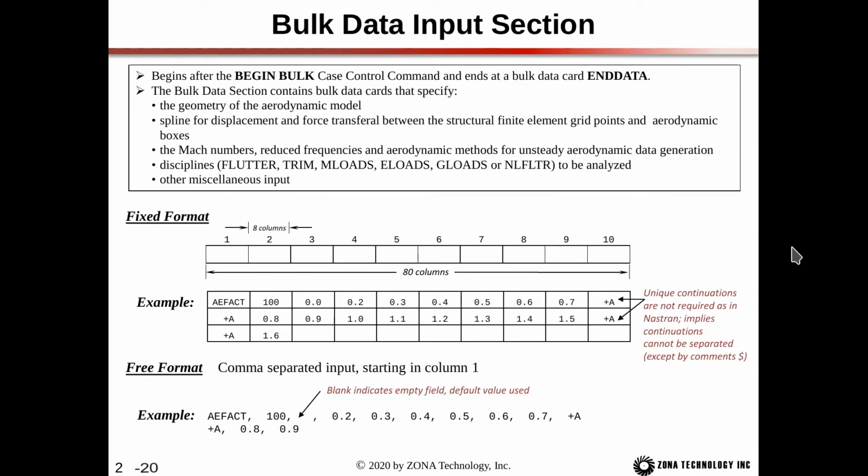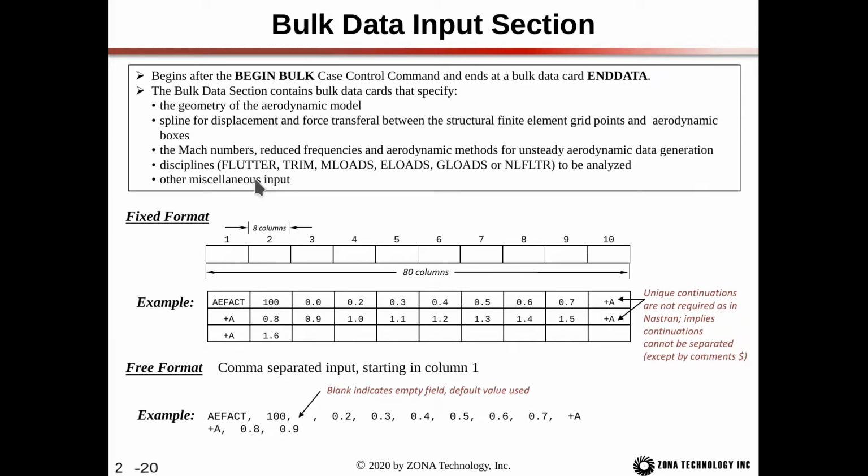Next, we have the bulk data input section. This begins after the begin bulk case control command and ends with the bulk data card end data. The bulk data section contains bulk data cards that specify the geometry of the aerodynamic model, the spline for the displacement and force transferal between the structural finite element grid points and the aerodynamic boxes. It defines the Mach number, reduced frequencies, and aerodynamic methods for the unsteady aerodynamic data generation, and the disciplines to